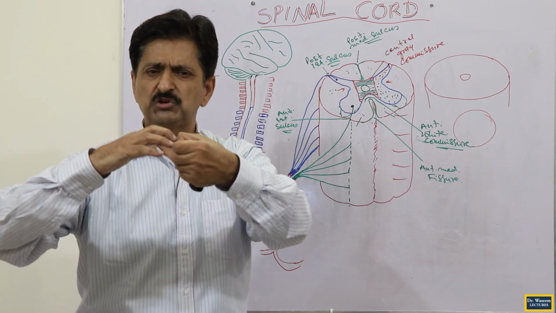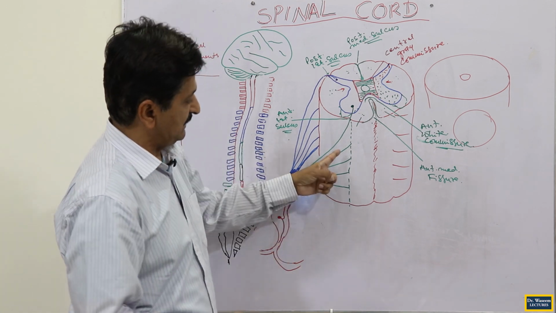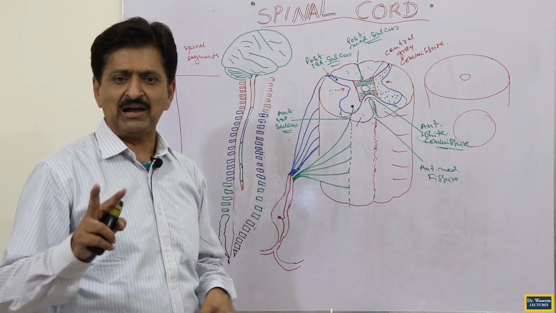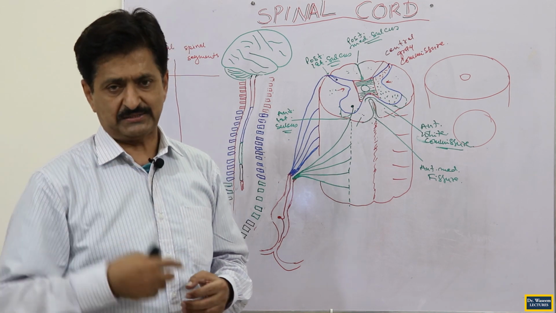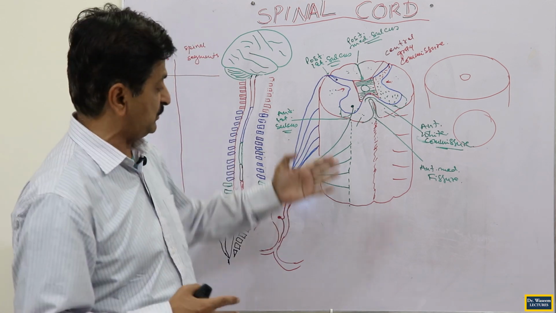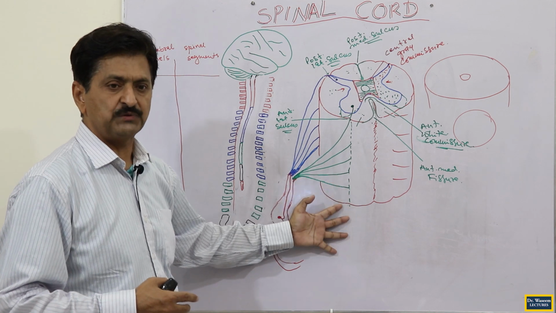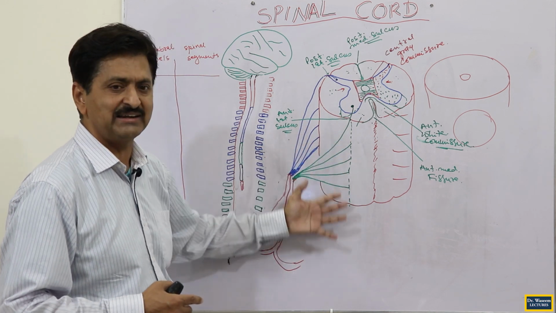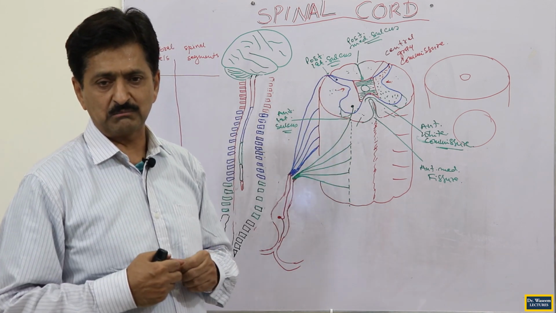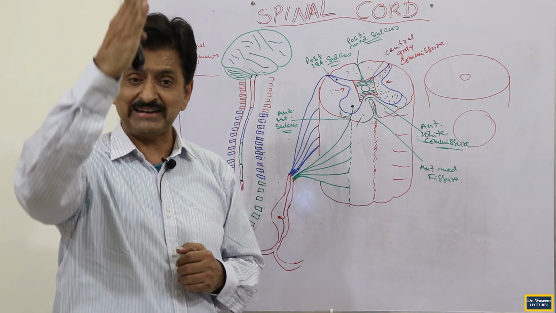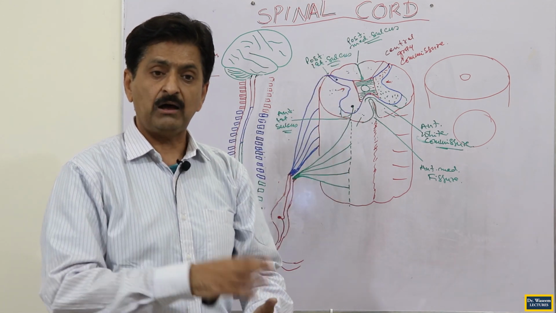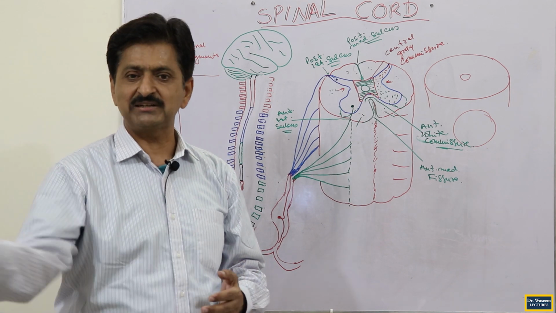Sensory maybe 9 to 10 and motor maybe 11 to 12 rootlets will be there. So spinal nerves are attached to the spinal cord not simply via roots but via rootlets. You can roughly say anterior root and posterior root, but they are anterior rootlets and posterior rootlets. When another segment comes, other rootlets will come. So roughly 10 each, and if there are 30 nerves, there will be 300 anterior rootlets and similarly 300 posterior rootlets, meaning 600 rootlets on one side, and similarly 600 rootlets on the other side.